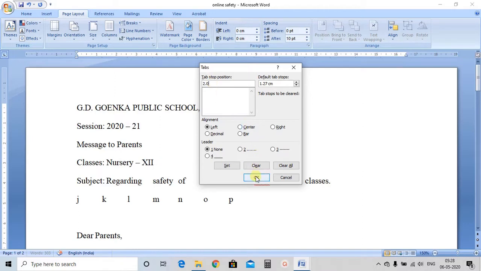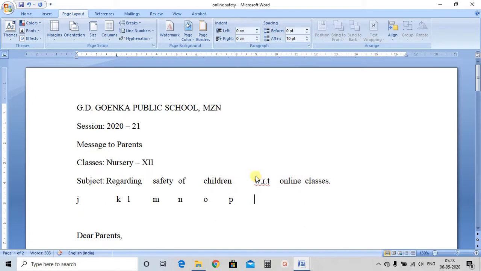I am pressing OK. Now see, in my first part, after this I am pressing tab, and see, it has increased the space.